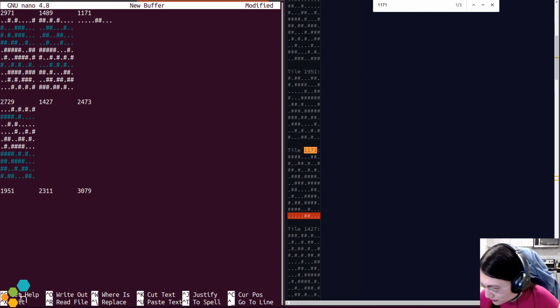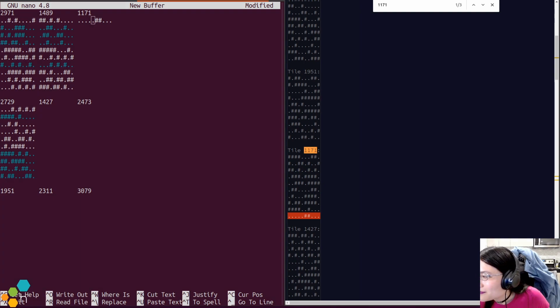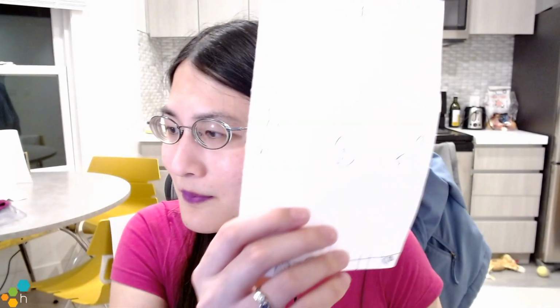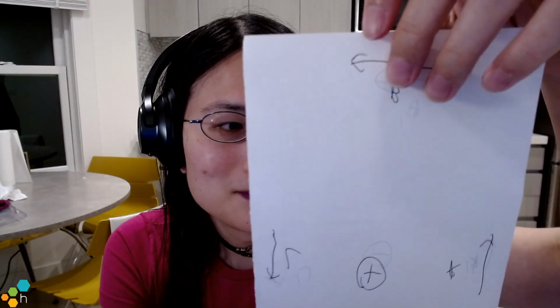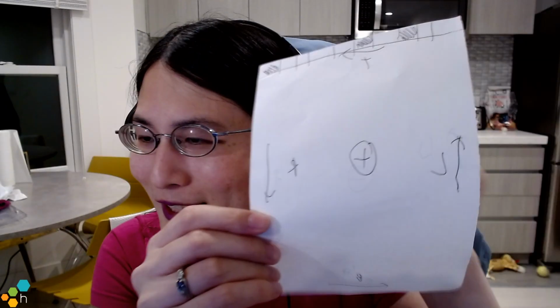So if I performed a flip, where are my pieces of paper? Okay. So if I have something like this, top left, except it's mirrored for you.